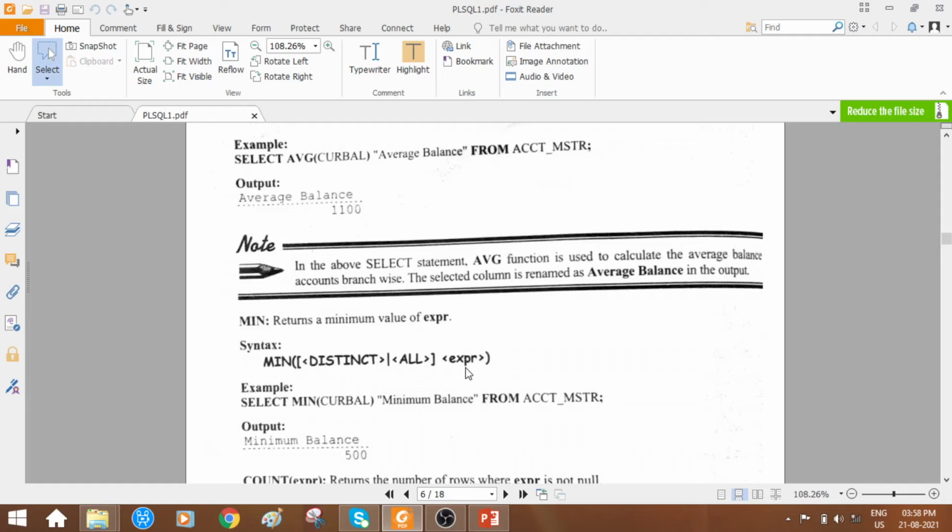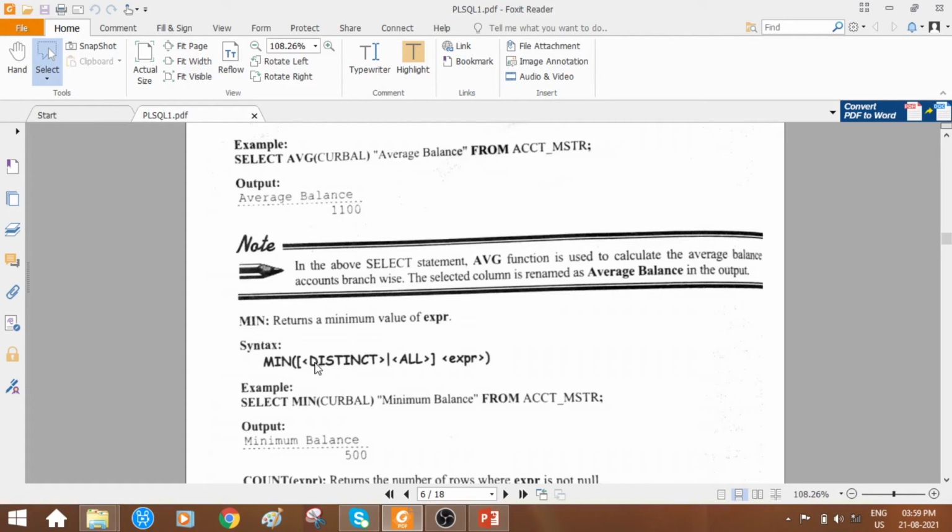Okay, and following that, expr. So expr, what is that expr? Let us understand now. That is an example of select. So all these aggregate functions, when we want to view some data, of course we should use the select operation itself. So select followed by min, aggregate function within parenthesis. Here they have told distinct or all.